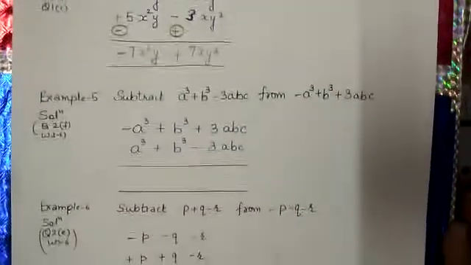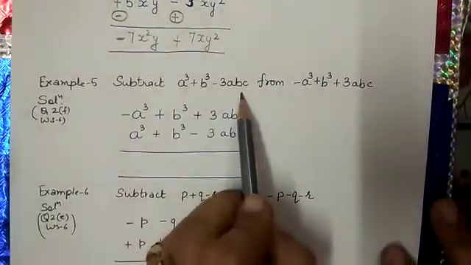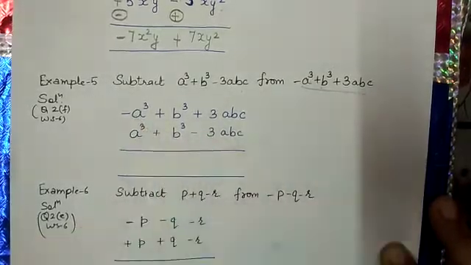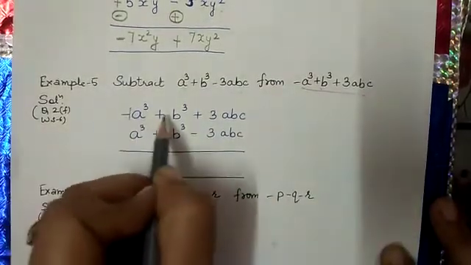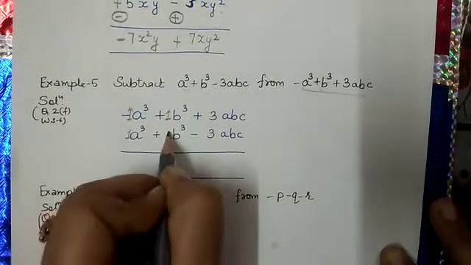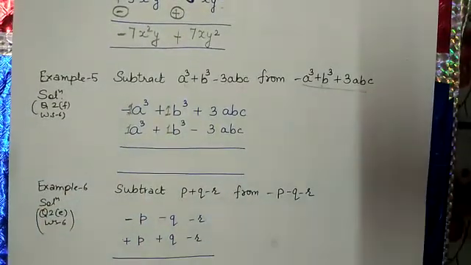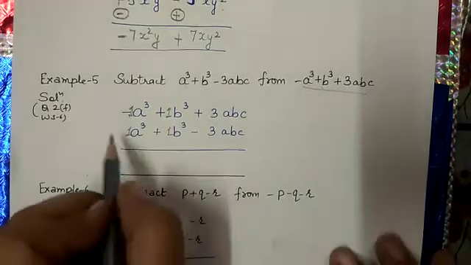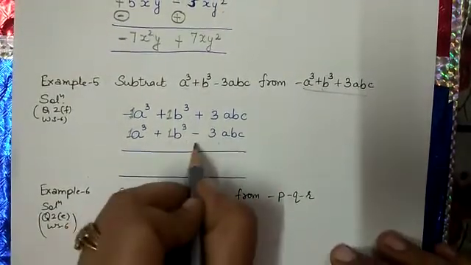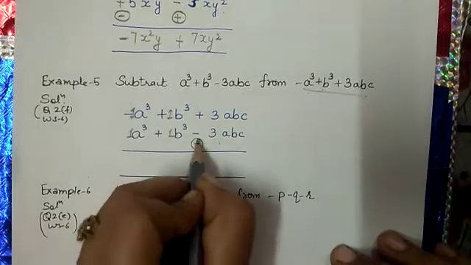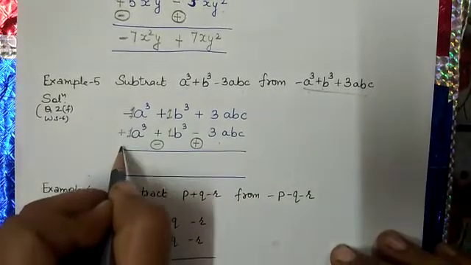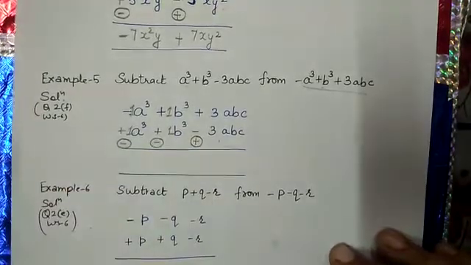Next question. Subtract this expression from this one. Whatever is written after from, note that first. Now write their numerical coefficients because these are not mentioned: 1, 1. Now we have to change the signs of the subtrahend. It became plus, minus. This is understood as plus, so we will do it minus.